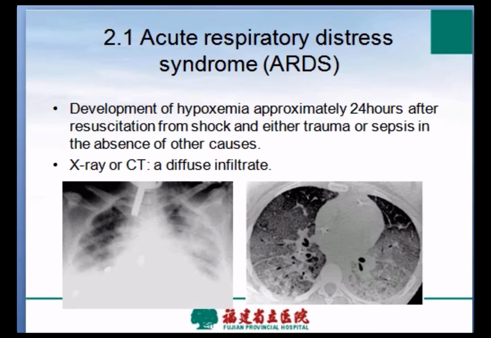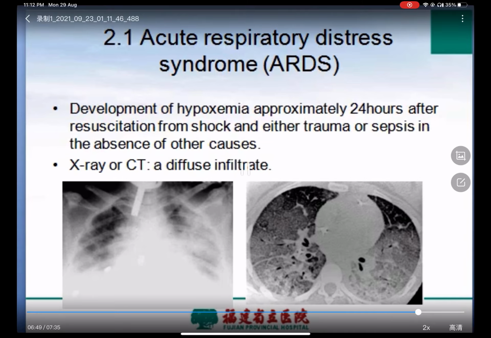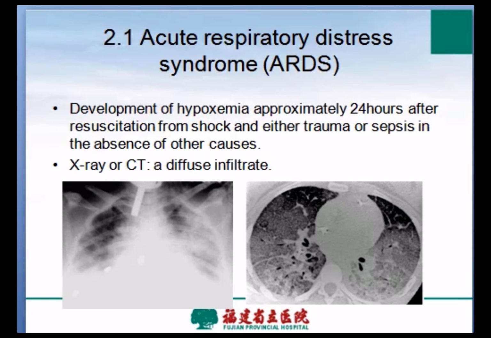Now, first of all, let's see ARDS. ARDS is the abbreviation of acute respiratory distress syndrome, and the chest X-ray or CT often shows diffuse infiltrates. The specific performance is as follows: chest X-ray shows severe exudation of the lung, blood hidden, and costophrenic injury. Chest CT further reveals diffuse exudation and interstitial inflammation in both lungs. And ARDS